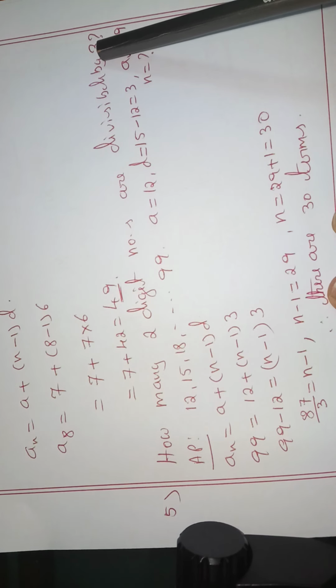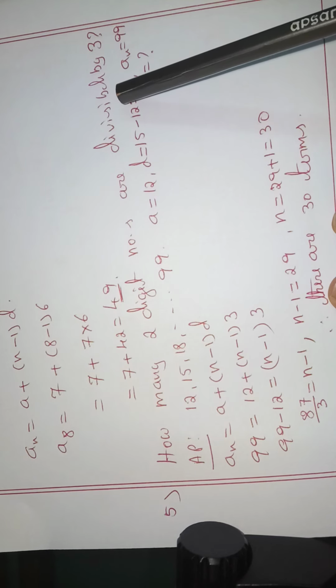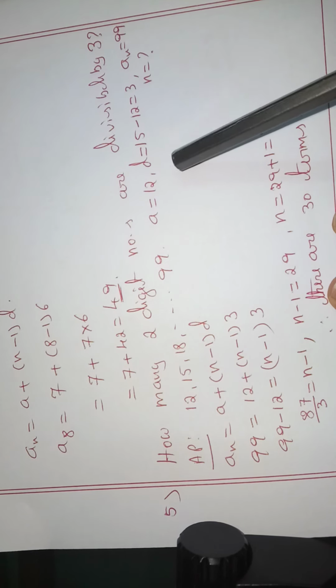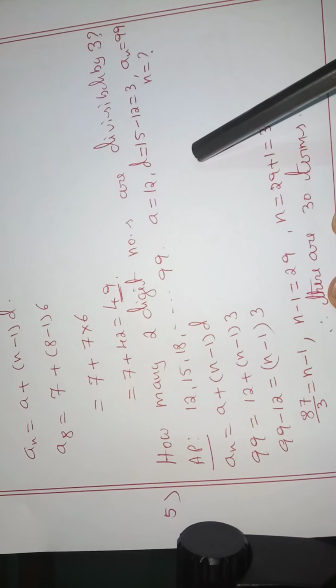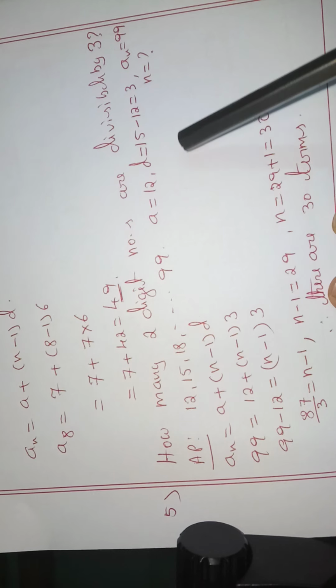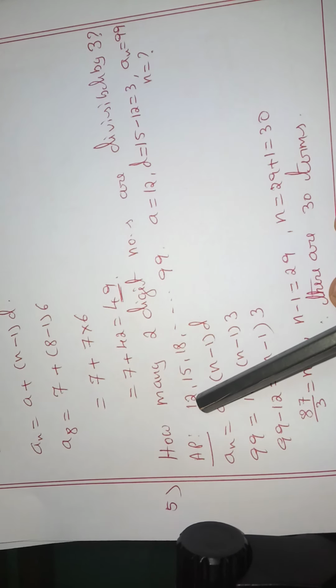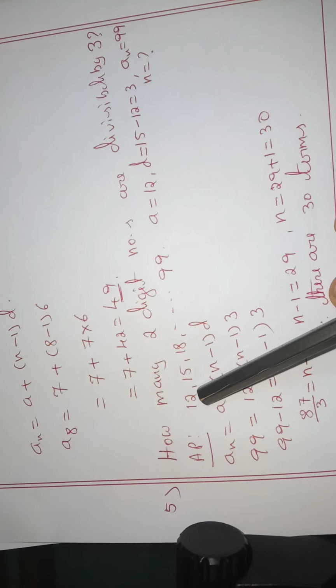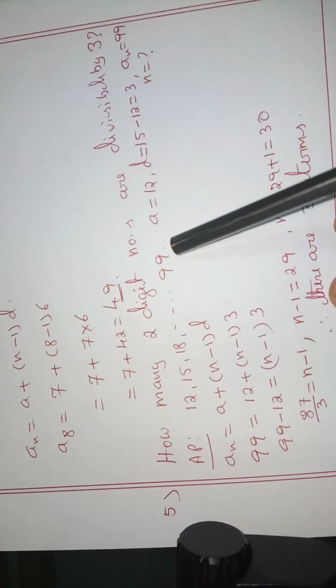Divisible by 3 means table of 3. Let us recall table of 3. 3 ones are 3, 3 twos are 6, 3 threes are 9, 3 fours are 12. 2-digit number starts from 12. Therefore, first number is 12. Then increase by 3. 12, 15, 18. Then we have to find the last number now.